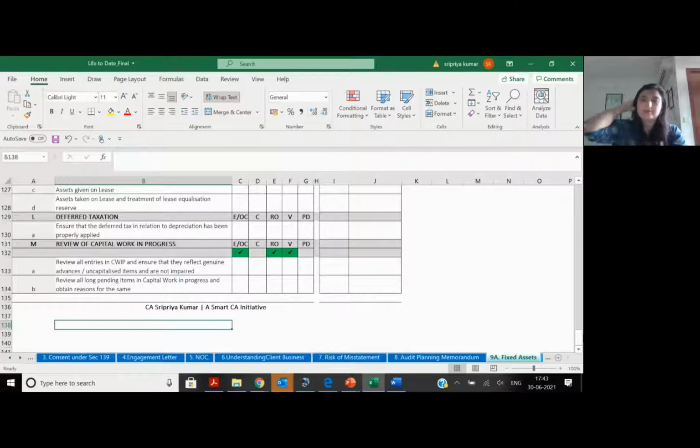CWIP, again, look at it. It's become a Schedule 3 aspect next year. They want you to show CWIP separately. Aging of CWIP. Why is there a delay in the CWIP? What are my delayed projects? What are my abandoned projects? So this year, when you do all this audit, please cognize for next year's Schedule 3 because anyway, you have to give prior year comparatives.